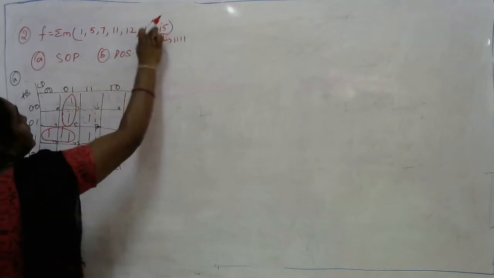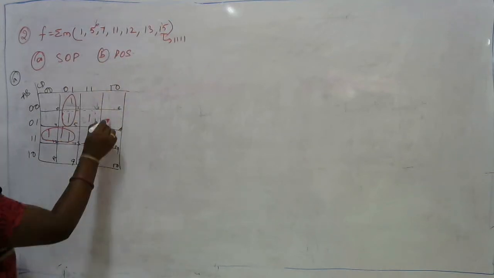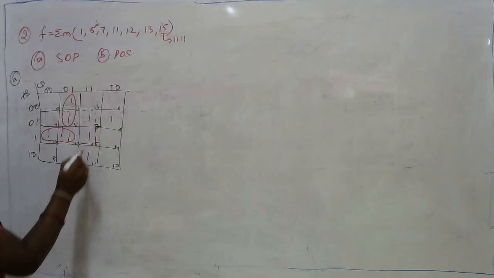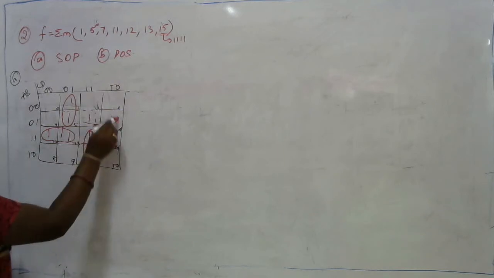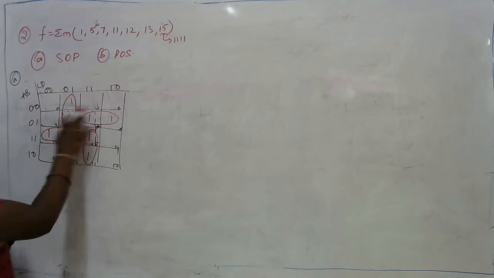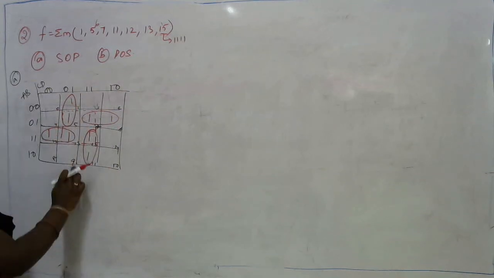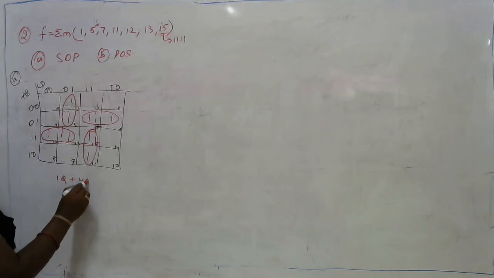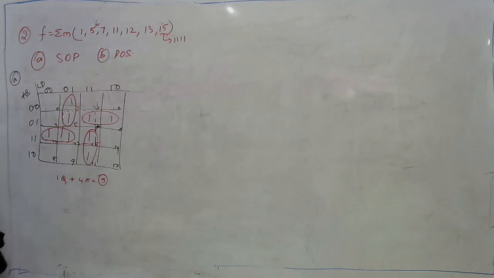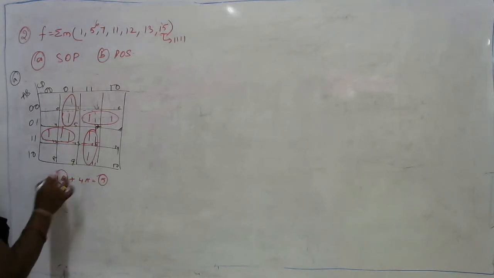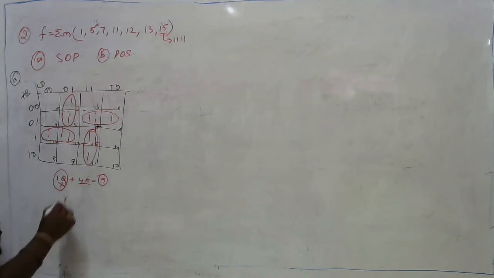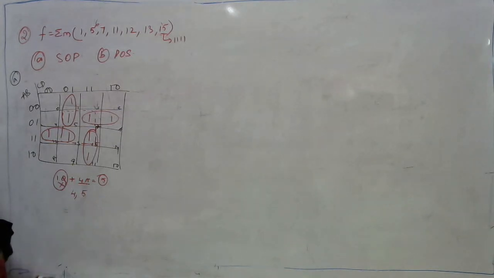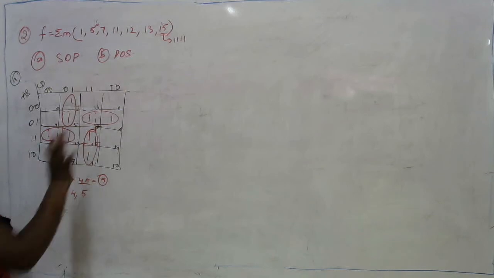instead of taking it as 14, let me take this as 6 so that it will be clear for us. Now in order to make this adjacent, I need to make use of this. So if I am taking it as a quad, in order to cover the remaining ones I again need to pair. So here I will be getting 1 quad and 4 adjacencies. So in total I will be getting 5 terms. But if I remove this quad, I will be getting 4 adjacencies. So 4 is minimum when compared to 5. That is the reason in this case I won't take the quad into consideration. Instead of the quad, I will make only the adjacencies.